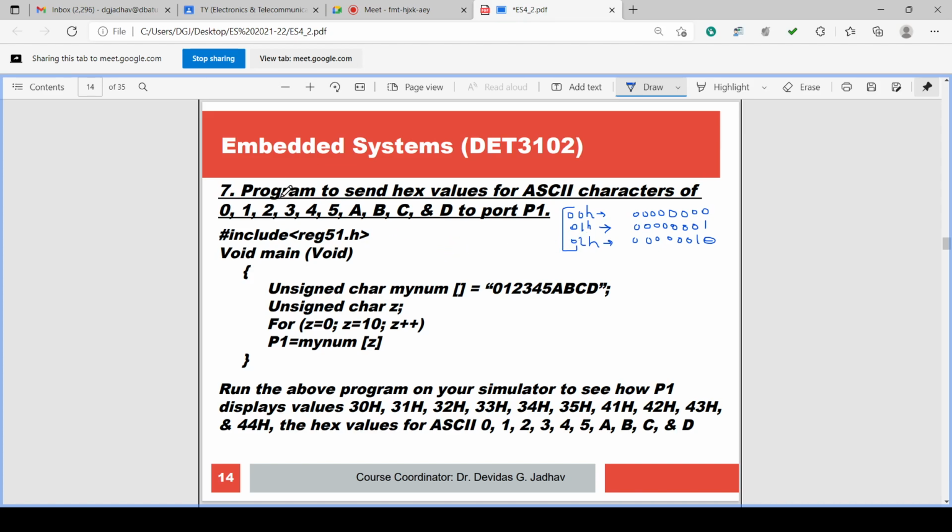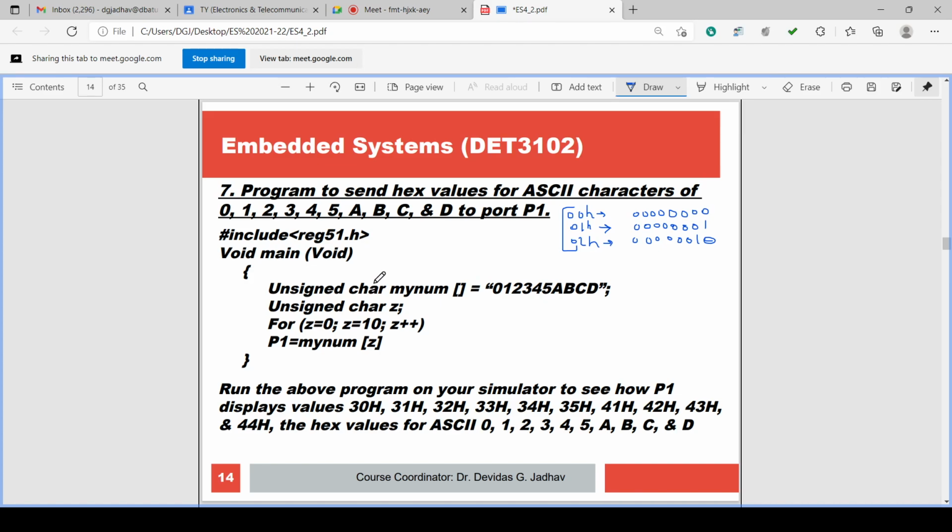Now what is there in the problem statement or program statement? The program statement says to send the hex values for ASCII characters. Hex values we have to send, but for what? For ASCII characters. What is ASCII?